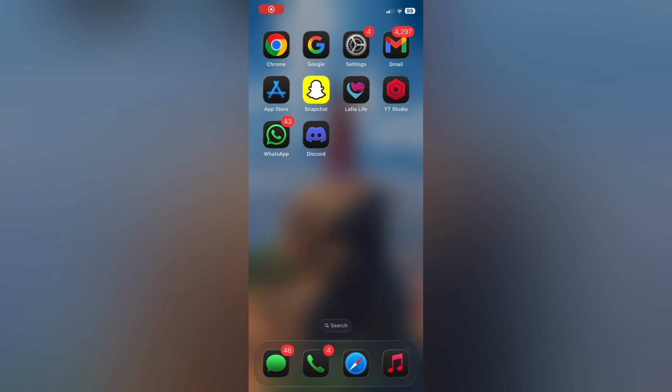In this video, I'll show you how to block someone on Discord. It's a very simple method and it works the same whether you're on iPhone, Android, Samsung, or even a PC